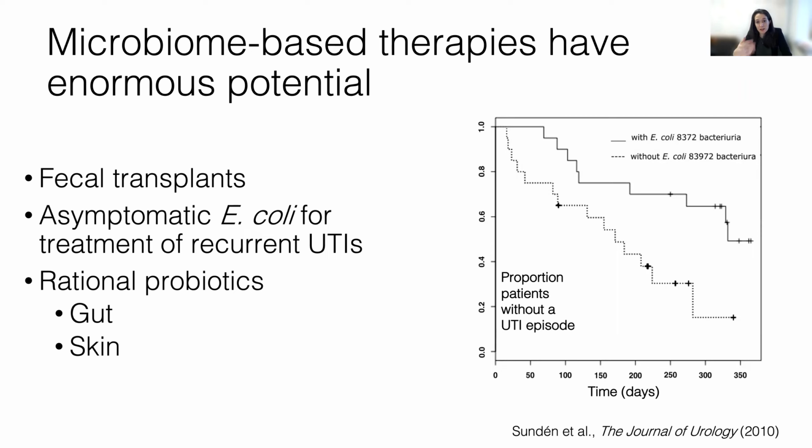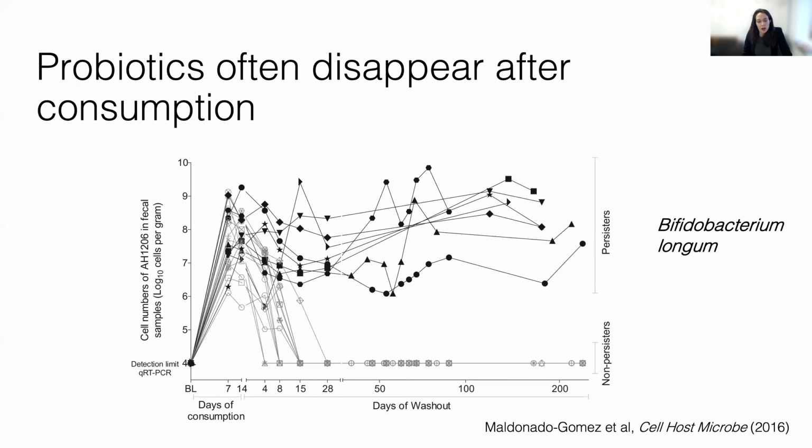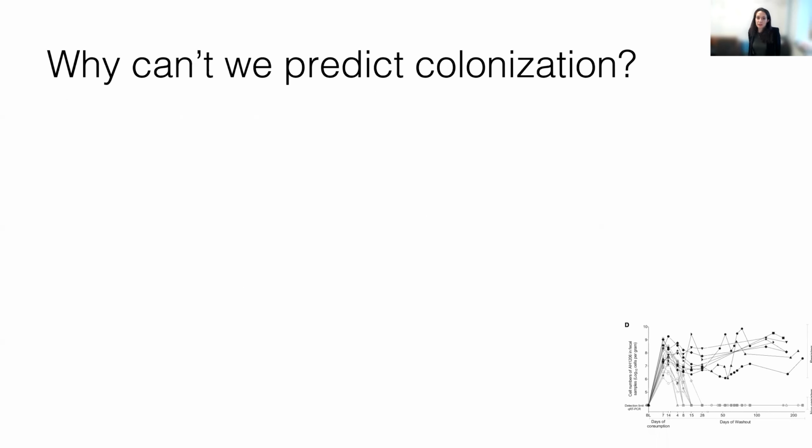strains, but understanding the ecology that's necessary to get this long-term colonization. This is the best example I've seen so far of really getting long-term colonization of microbes. And it was a microbe taken from humans, given to humans. And after removal of probiotic administration, we can't detect this probiotic in half of the individuals anymore. And we don't know really what's the difference between these different groups of individuals and really which bacteria have any sort of chance. And the problem is that we're still just in the early days of understanding mechanism in